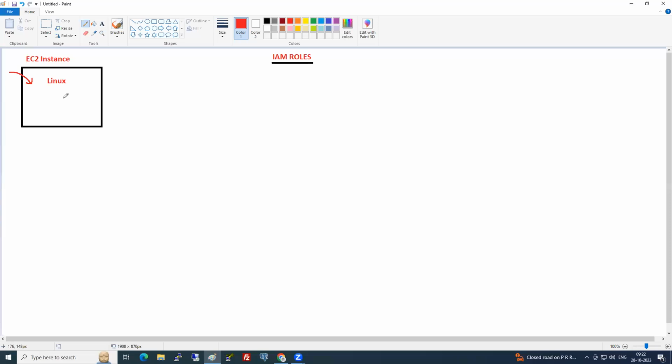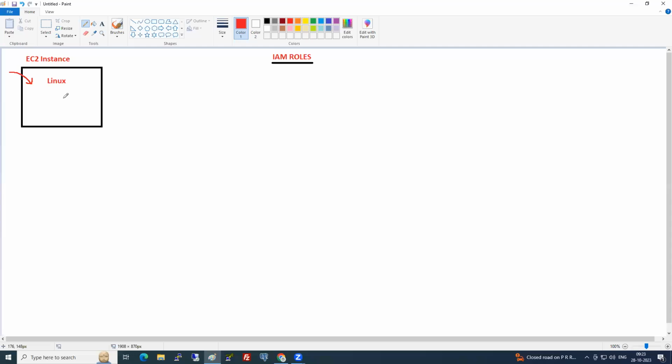If it is Windows, you open the browser and open the console. But it is not Windows, it is Linux. So what is the software that you need to install? AWS CLI you need to install. So remember, from terminals, from CLI, if you want to access AWS services, not only S3, any service,